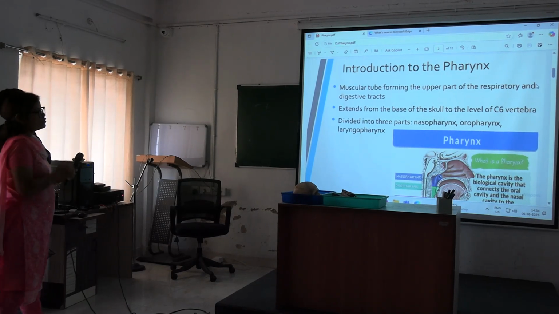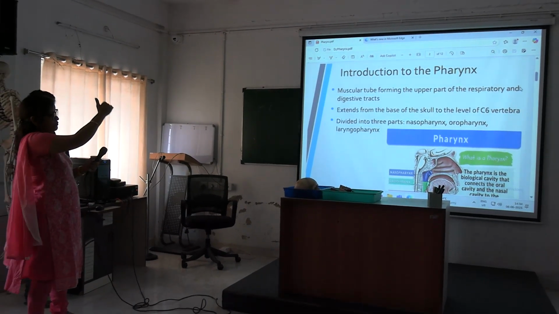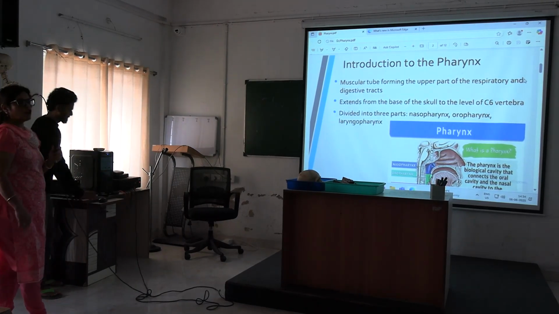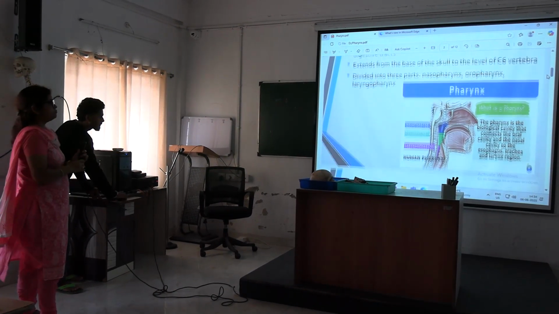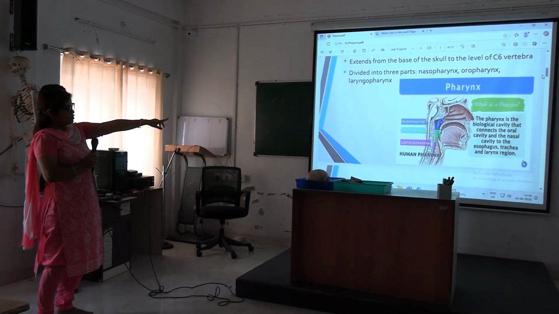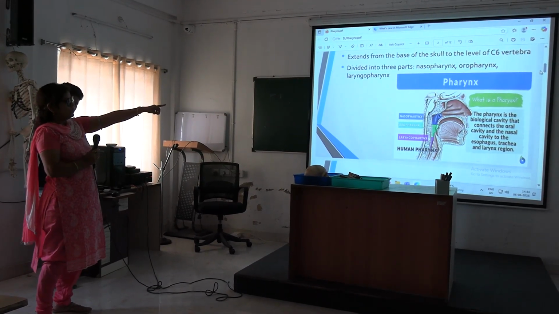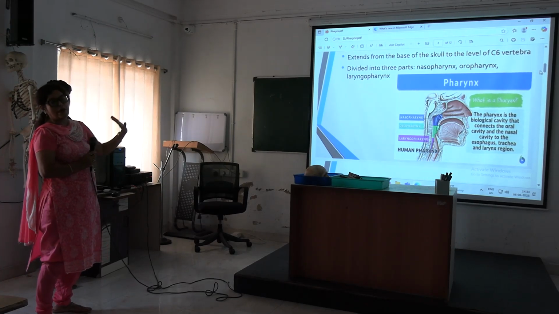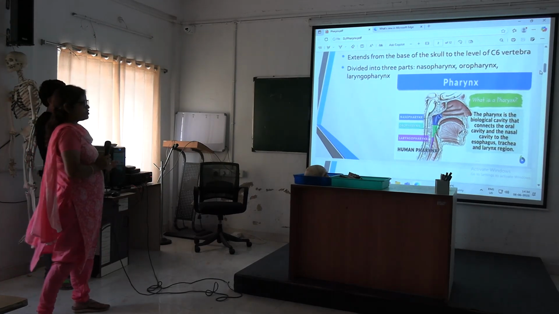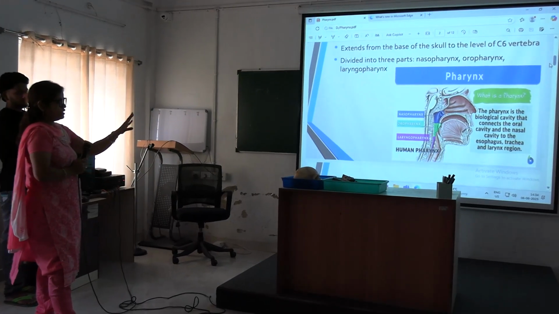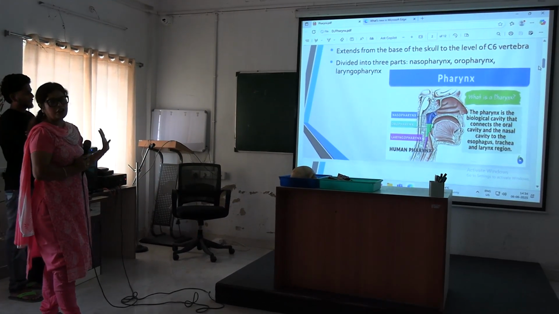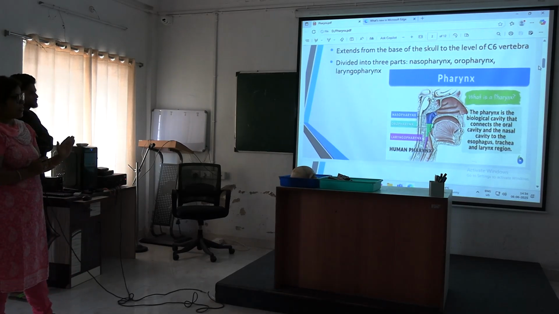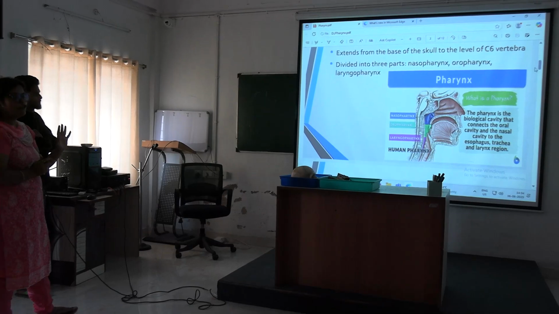So the pharynx is shown in the specimen. It extends from the base of the skull up to the lower border of the cricoid cartilage, that is the commencement of the esophagus. Now see here, the blue color is the nasopharynx, behind the nasal cavity. It extends from the base of the skull up to the lower border of the soft palate. The important structures in the nasopharynx, as I told you yesterday, are the opening of the auditory tube, and behind that the tubal elevation which contains the tubal tonsil, and the wall of the nasopharynx which contains the nasopharyngeal tonsil.